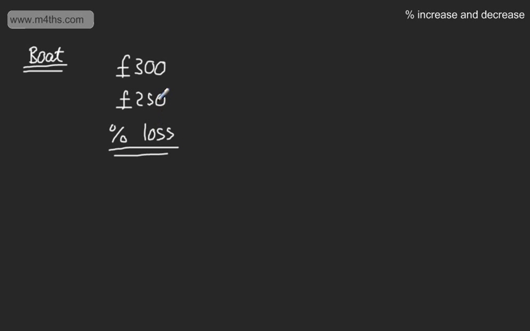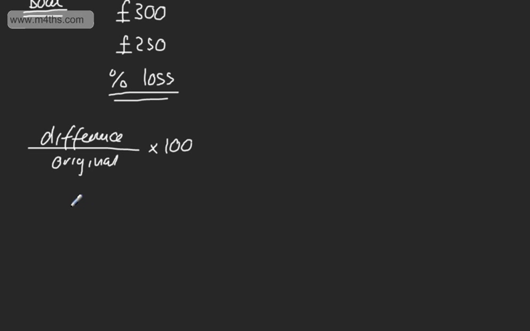What we do here is look at the difference, we divide it by the original, and we times by 100. Now if you want, you could say gain or loss. I'm just going to call it the difference. We divide this now by the original, and we times by 100. So if we consider now the difference here is going to be 50 between the two. So we say the difference is 50. The original was 300. So we're always considering this as a percentage of the original,